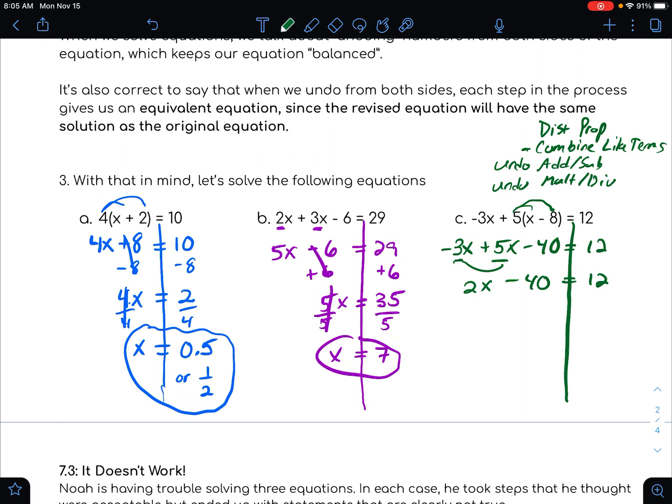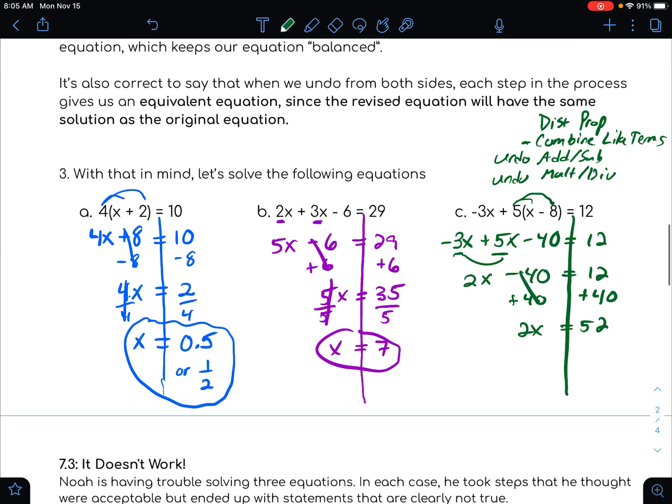And now we can do our undoing step. So undo any addition or subtraction, we'll add 40 to both sides. So 2x is equal to 52. Then we can divide both sides by 2. X is equal to 26. All right, so we have talked about equivalent equations, and we've also done some practice then solving equations, keeping in mind that the reason why solving an equation works is that we are creating equivalent